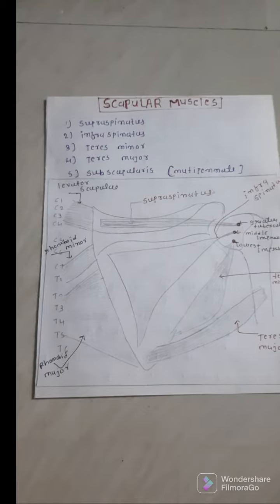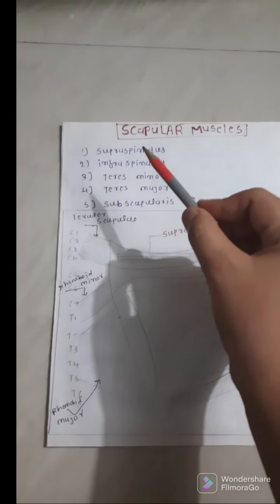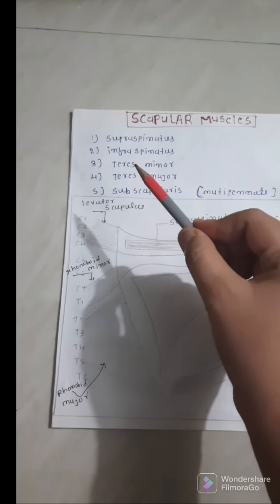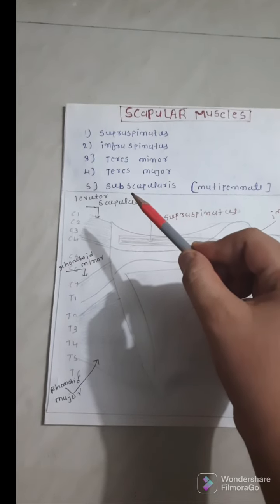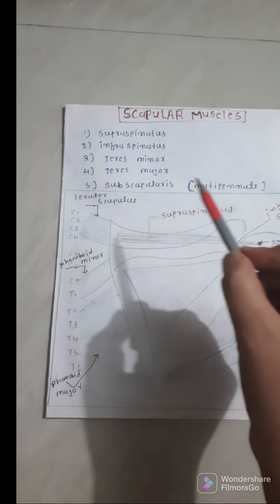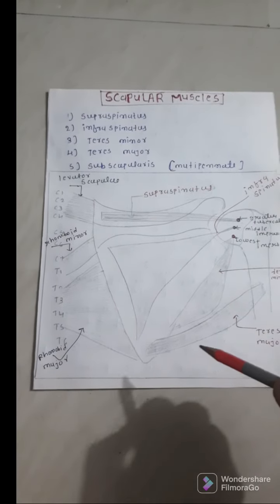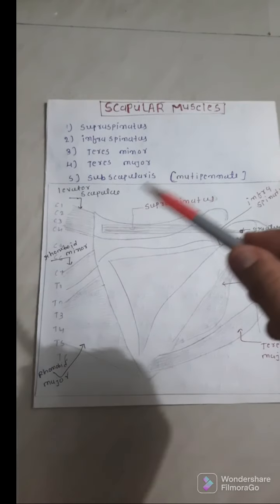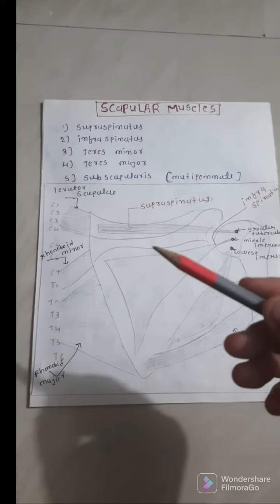Today's topic is scapular muscle. Scapular muscles: supraspinatus, infraspinatus, teres minor, teres major and subscapularis. Subscapularis is a multipennate muscle. This diagram I draw simply and you can understand and easily